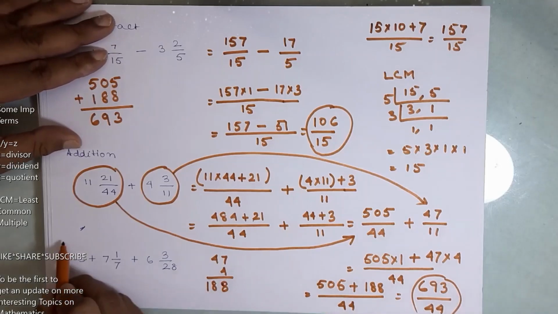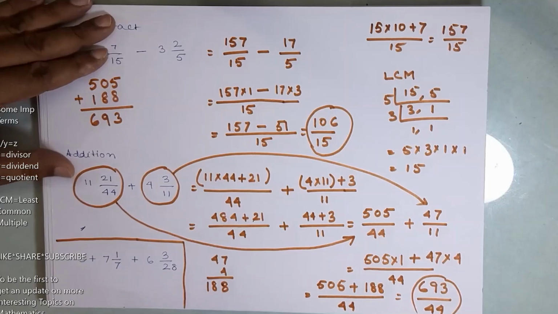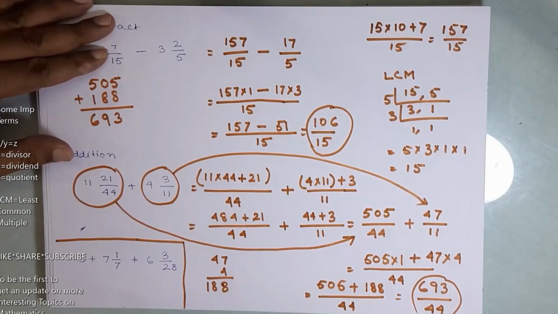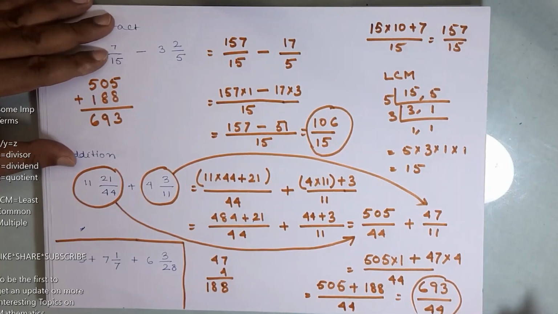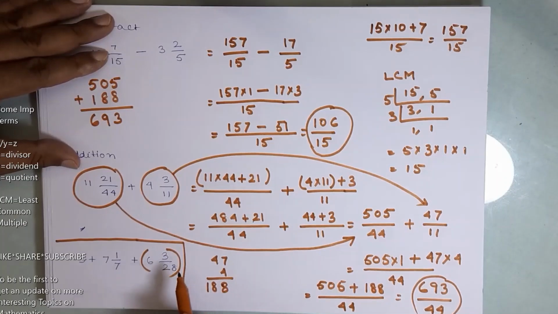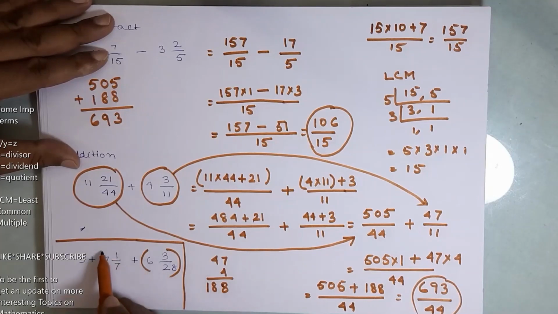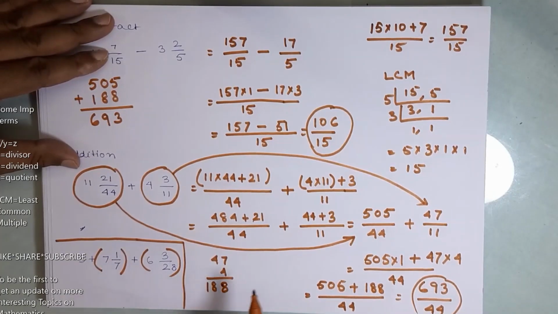Okay, so this is the only problem which is left, and I want you to complete it in your rough copy and please share the result in the comments. I'll just give you a brief hint on how to take this ahead. If you can see, this is a mixed fraction. So as usual, the proper process is to change the mixed fraction into an improper fraction. This is also a mixed fraction, so the process is to change this mixed fraction into an improper fraction.